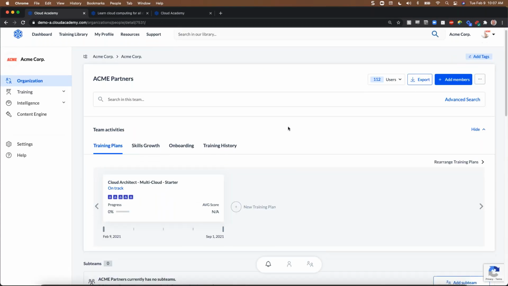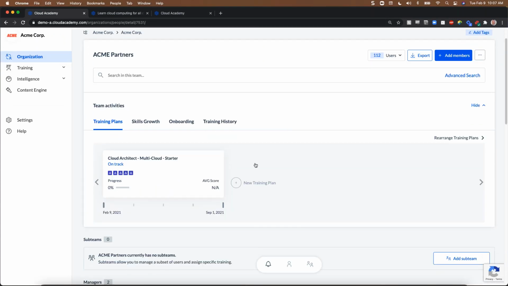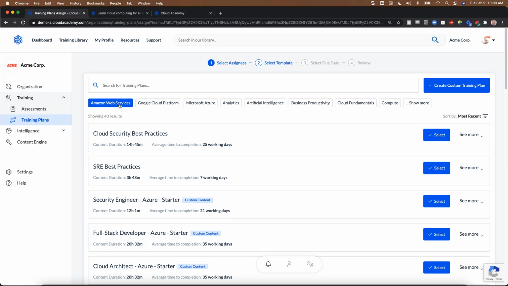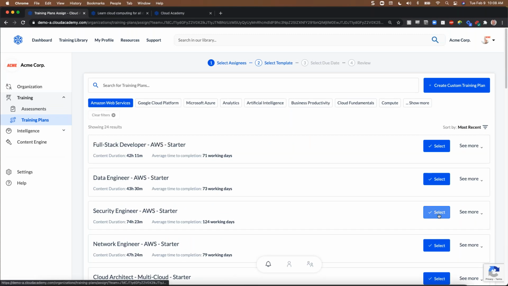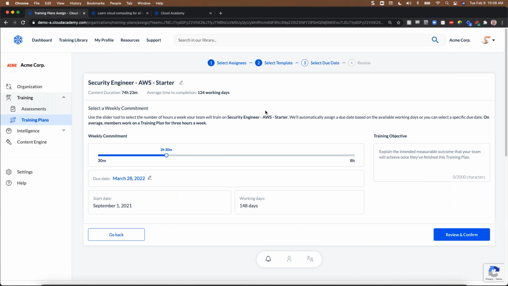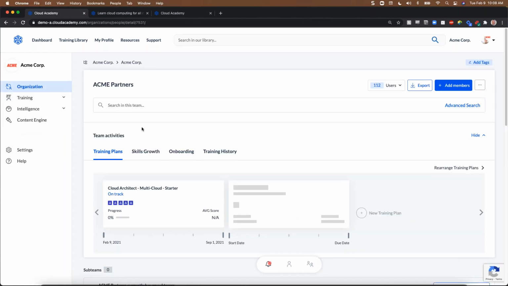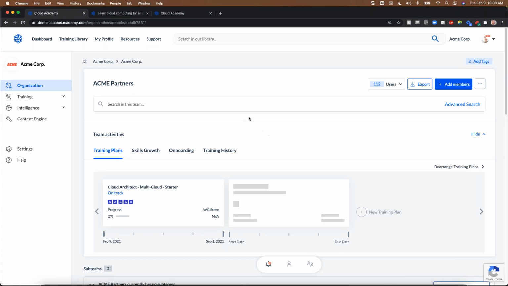Ultimately, what will make these training plans so unique to us is going to be the ability to stack these training plans. So we can truly create a sequence to maintain a momentum towards learning. So I'll go ahead and assign a second training plan here. Perhaps now we're going to focus on the security engineering, specifically within AWS. We have these again. And while that loads,